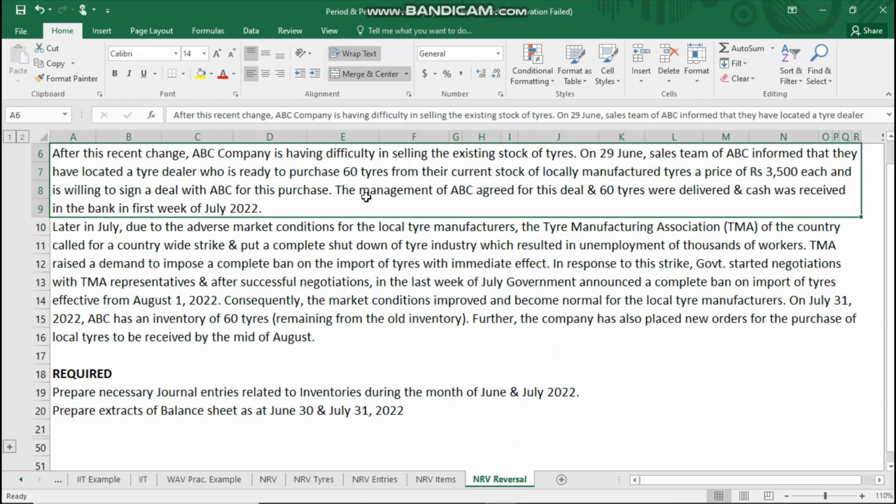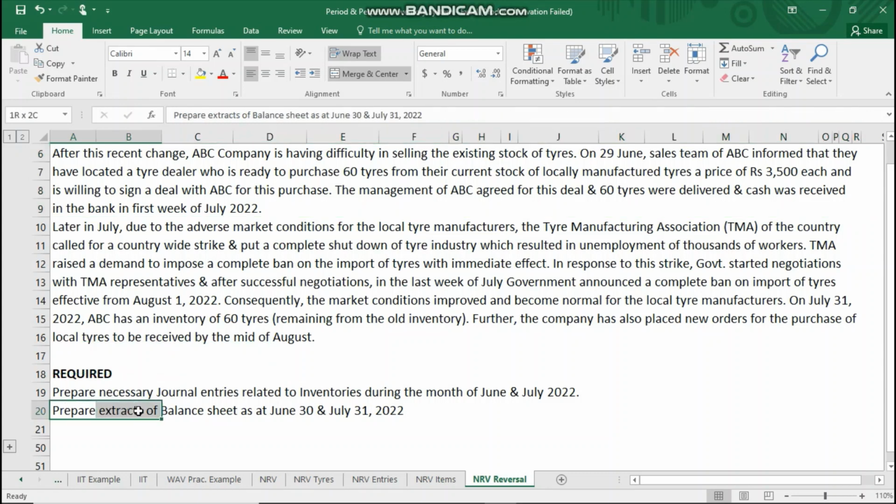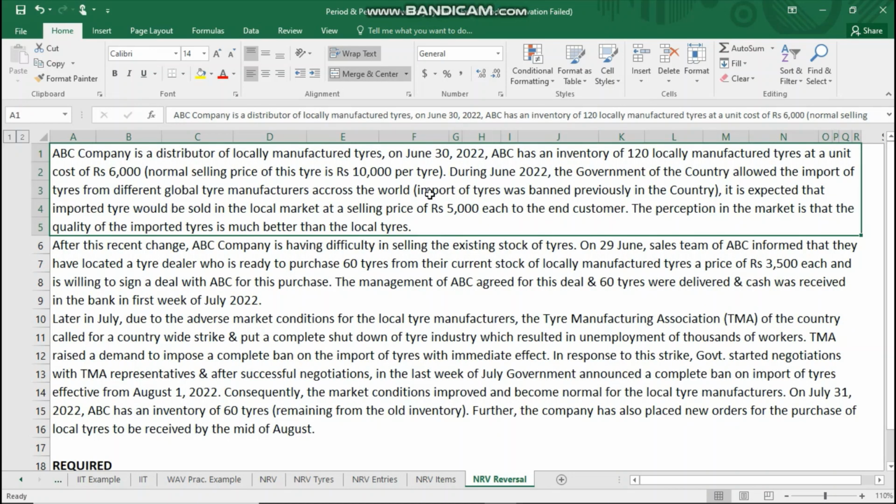The next part of this requirement, which is to prepare the extracts of balance sheet, I will cover that part in the next video. Okay, ये जो बैलेंस शीट के एक्सट्रैक्ट्स प्रिपेयर करने हैं ये मैं नेक्स्ट वीडियो में आपको समझाऊंगा कि यहाँ पे जो बैलेंस शीट के एक्सट्रैक्ट हैं वो कैसे प्रिपेयर होंगे और इन्वेंट्रीज जो हैं वो 30 जून पे और 31 जुलाई पे कैसे रिपोर्ट होगी बैलेंस शीट में।